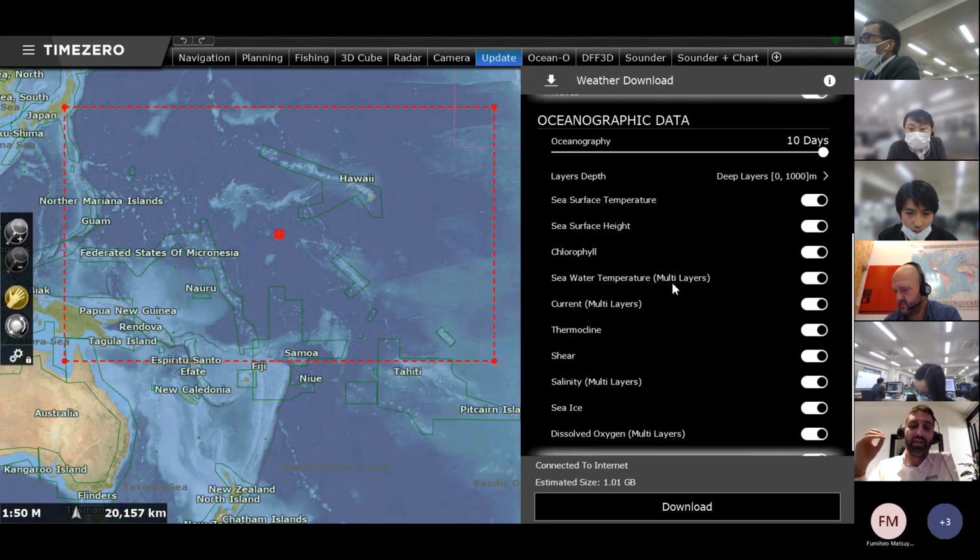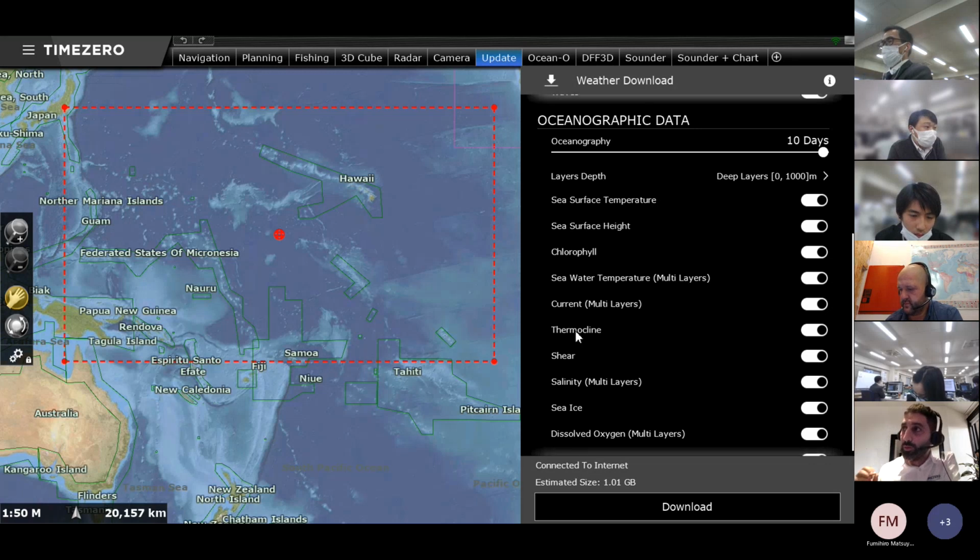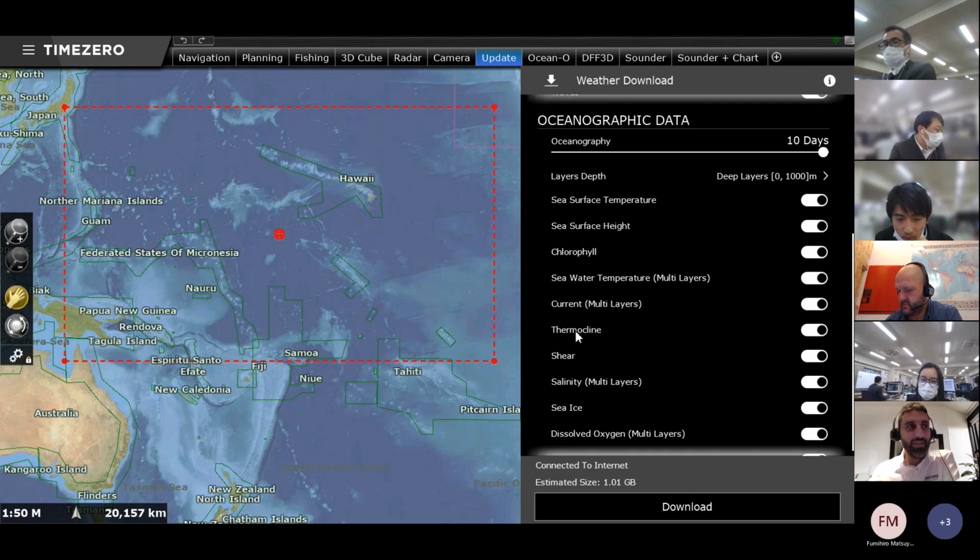It means that we have this data available at multiple depths, the current, the thermocline, the shear. We have a lot of data that is interesting for the fishermen to be able to identify zones, areas that are supposed to be full of fish.